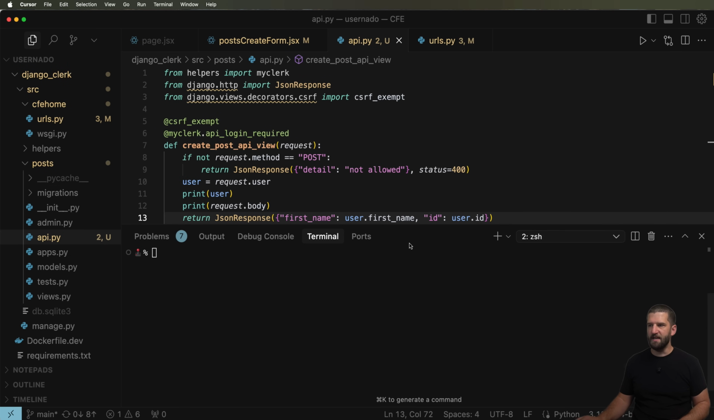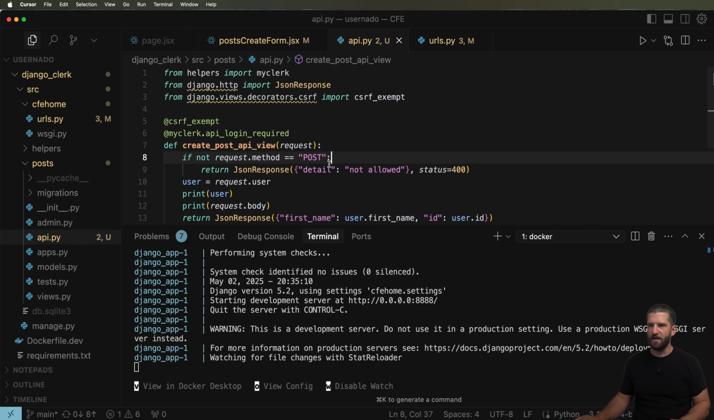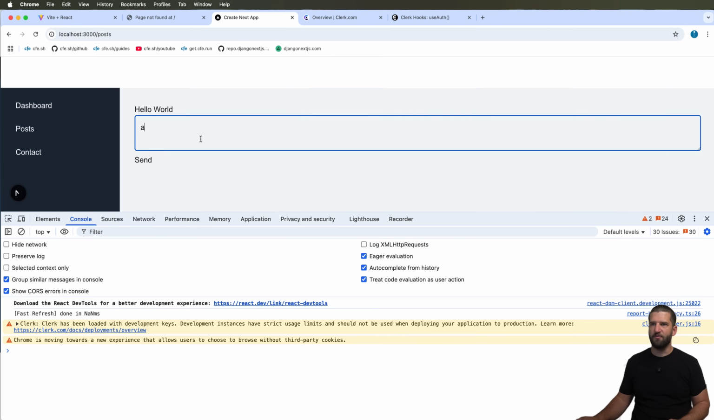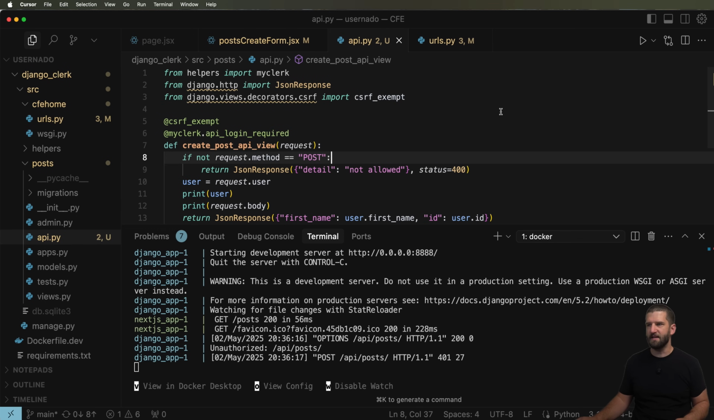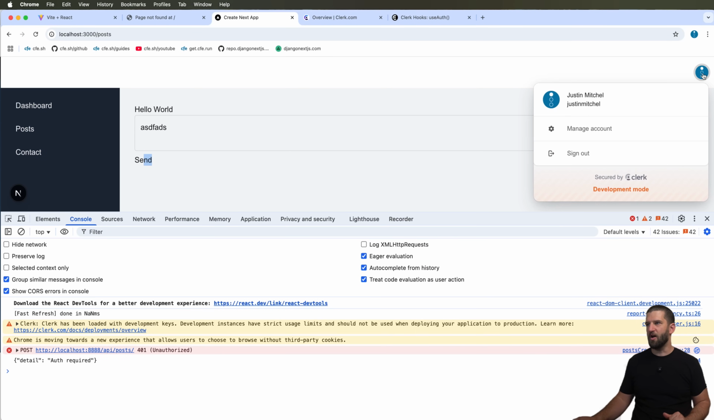So what we should be able to see inside of Docker is that it does refresh and all that. So let's go ahead and give it another try in the front end, do some gibberish in there, and now I get auth required. That doesn't make sense. Why is it unauthorized? That doesn't make sense at all, in the sense that we've got our front end logged